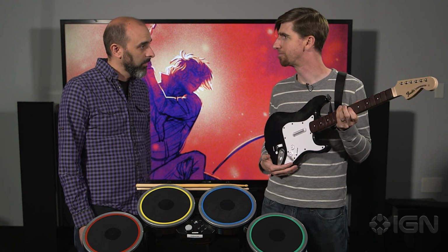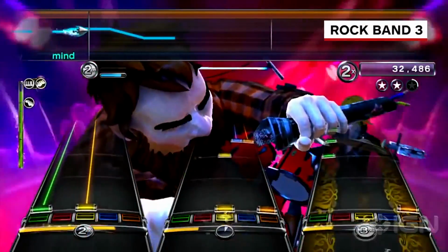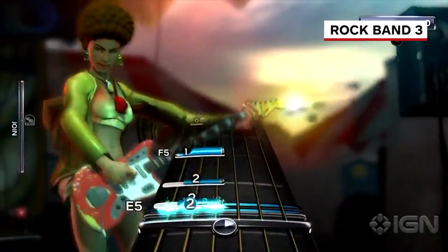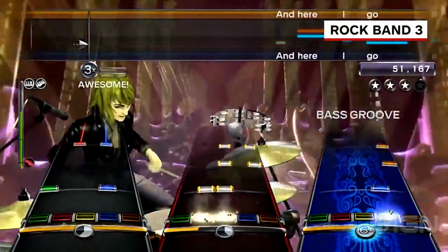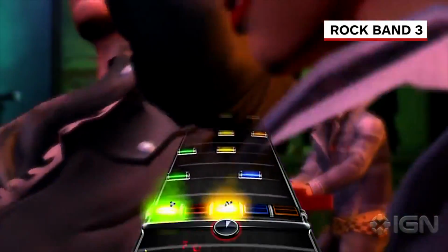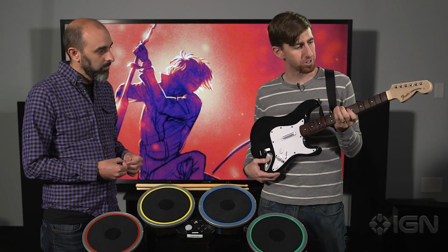Yeah, and they've got the clout to pull that stuff off. And the tribal knowledge. This is not their first rodeo with Rock Band. They've been around the block a lot, and we have a lot of opinions. They have a lot of great technicians. It's very much science. So before we move on to the drums and talk about those,